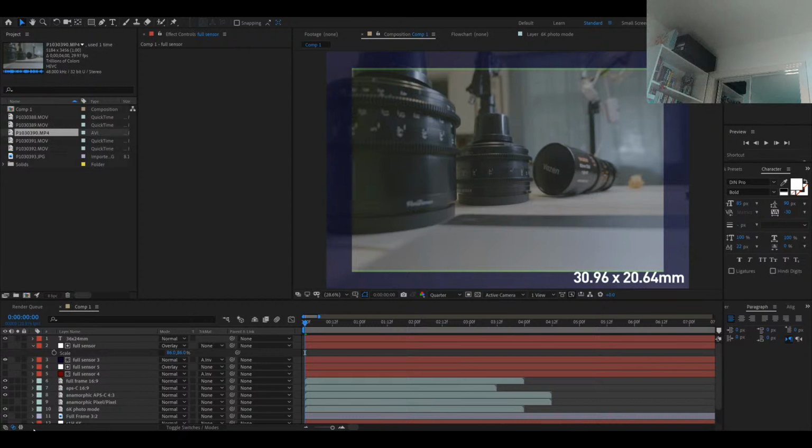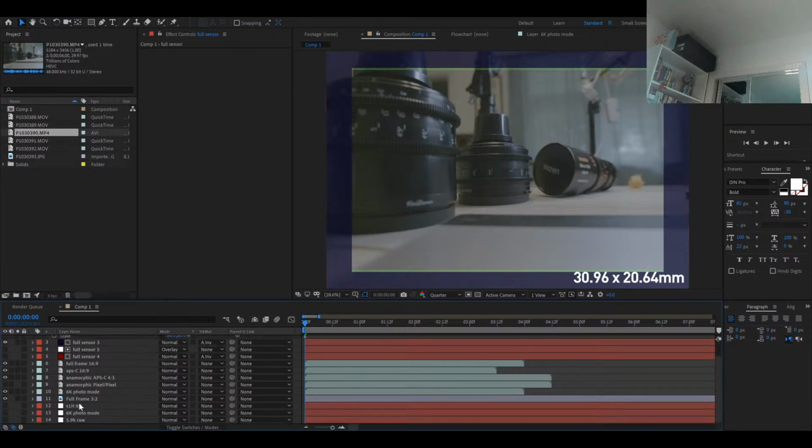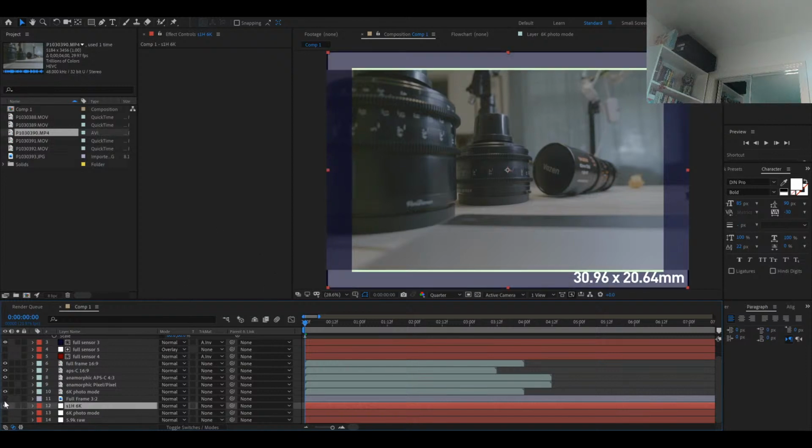But no, it's just 16:9. It's just a higher resolution, but still 16:9. And the only way that you can get actual full frame anamorphic is by shooting with the S1H, because this is the S1H